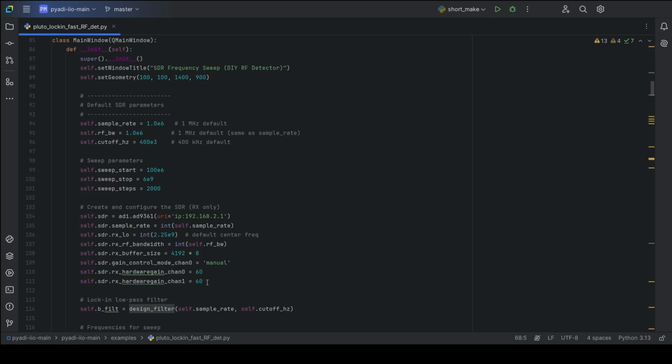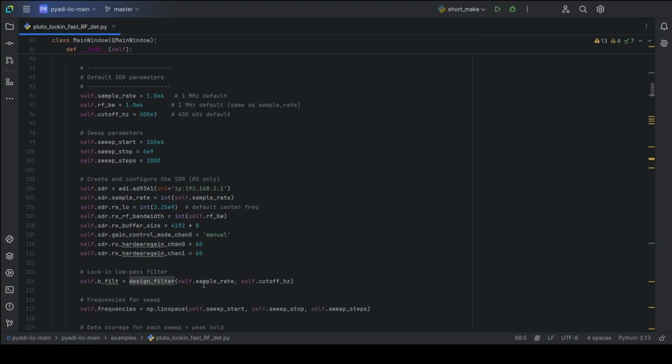Because in this spectrum analyzer, we don't want the VGA to have any effect on our captured amplitude. You just set it to manual and set it to some amplification. This can change, of course, based on the environment or the requirement you have. Then one other thing that I want to talk about is this function that is for designing the low pass